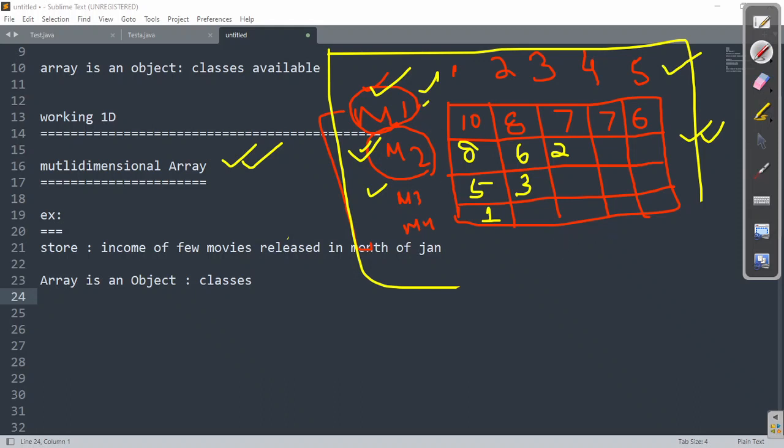For the first movie, there is no wastage of memory. All the 5 cells are filled up, no problem at all. But can you see, for the second movie, I need only 3 cells, but the remaining 2 are complete wastage. Similarly, for the next one, only 2 cells are used and the remaining 3 cells are wastage. Similarly, for the last one, only 1 cell is used and all the remaining cells are wastage.